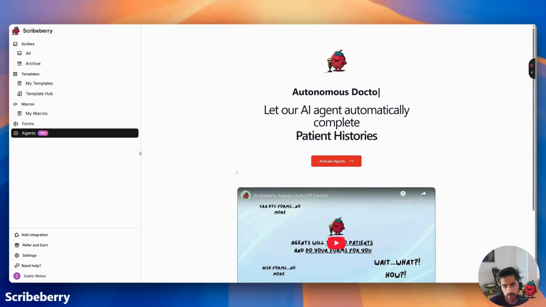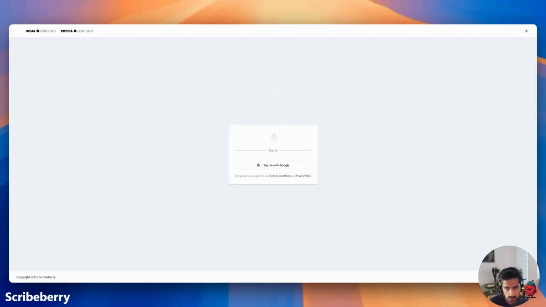The next feature here is agents. So agents is a new feature that we've launched. And what agents are, and this is pretty unique to Scribeberry, is it actually allows you to autofill forms or autocomplete notes before patients ever come in. Now, for example, if I were to come in here and activate agents,